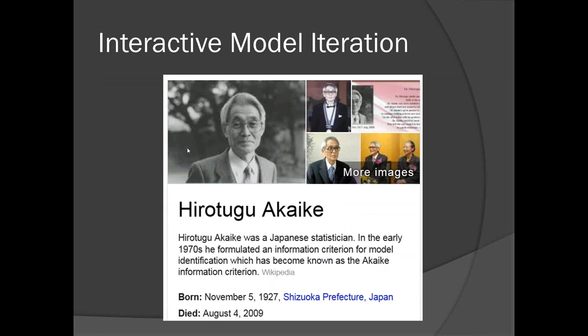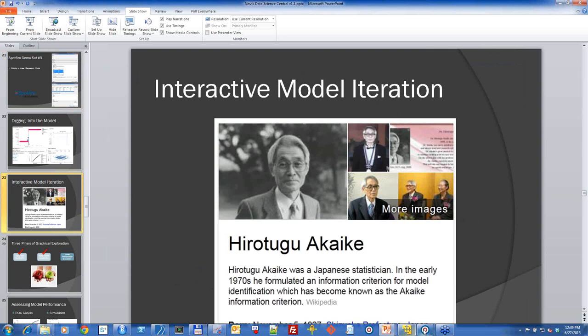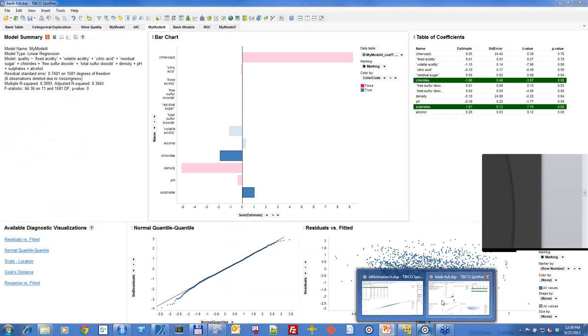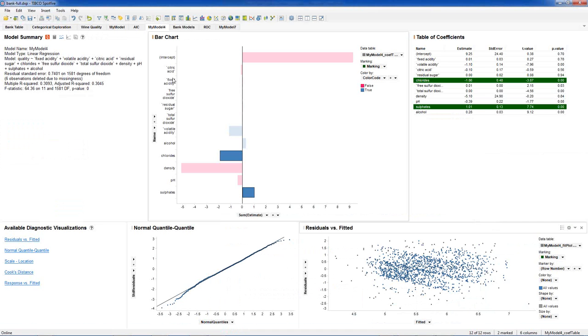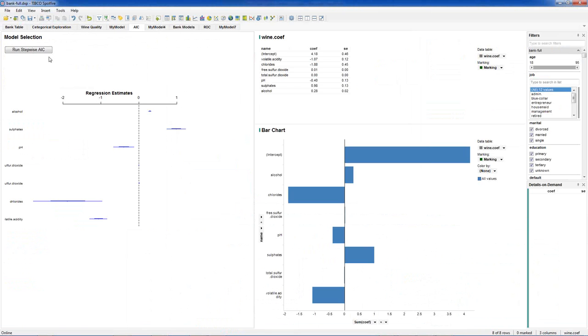So it penalizes model complexity. If I go back into the application, I'll show you the output after we applied this stepwise AIC procedure, and point out a couple of things that are of interest.